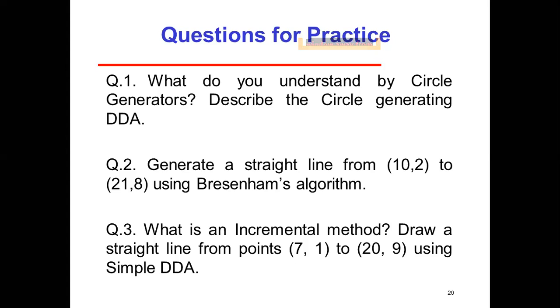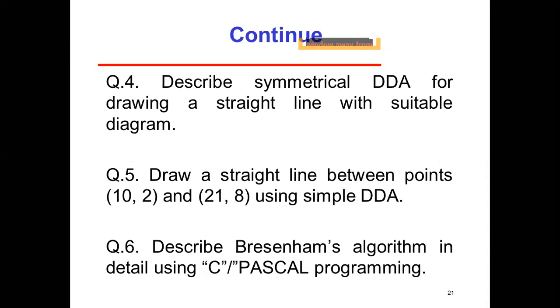You are already aware. You can give the example: suppose you are going to search for a house number such and such. Then first you have to search the street number, and after that you can enter into the street and then find the house number. Such a method is called the incremental method, because you are increasing step by step. So these are again long answer type.